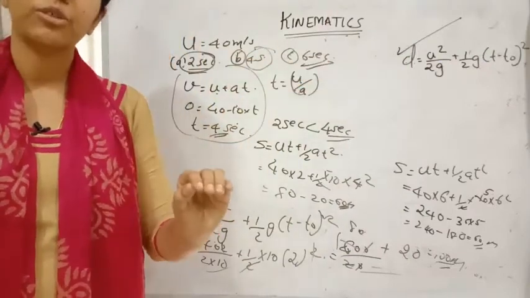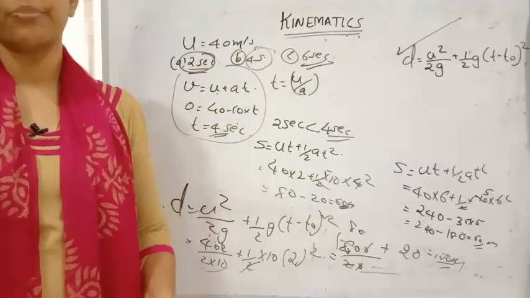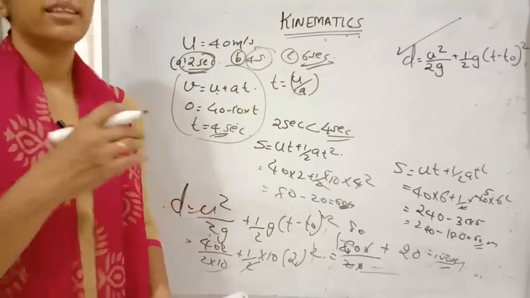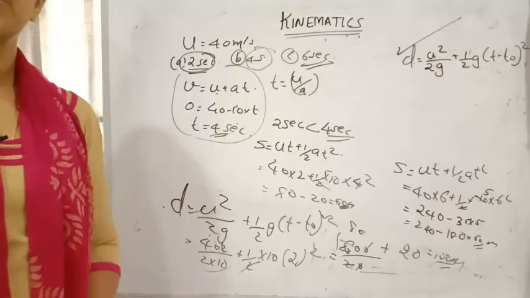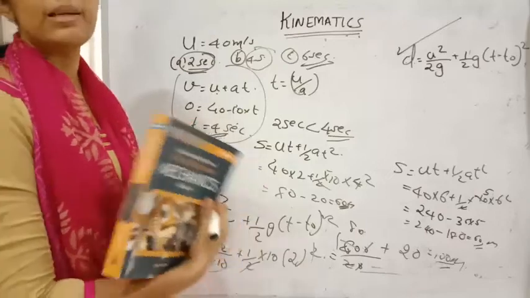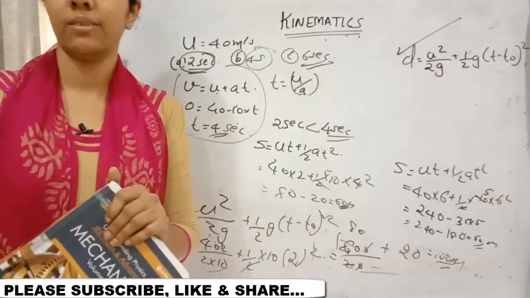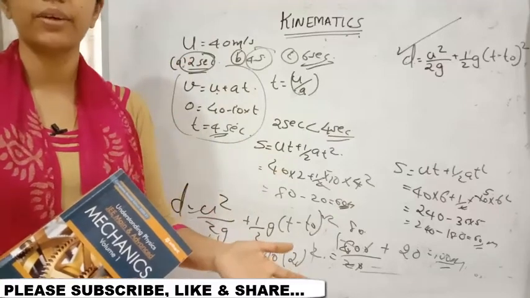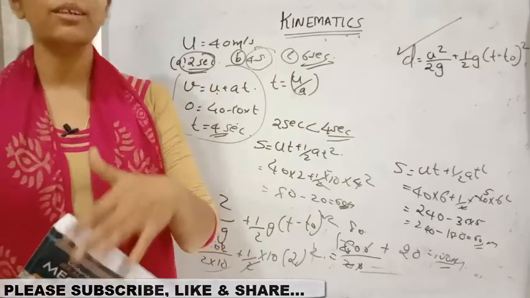To get thorough with the formulas, what should you do? You should practice with more numericals. In the same manner you can do more numericals, and then these formulas will become thorough for you. Clear, dears? In the next class we will be doing some more numericals relating to this. This also I have taken from DC Pandey sir's book only. All this is the reference for level 1. In this kinematics chapter also, level 1, level 2, assertion type questions, everything is given, so you can go through that. If you need more assistance, you can go for the original book.